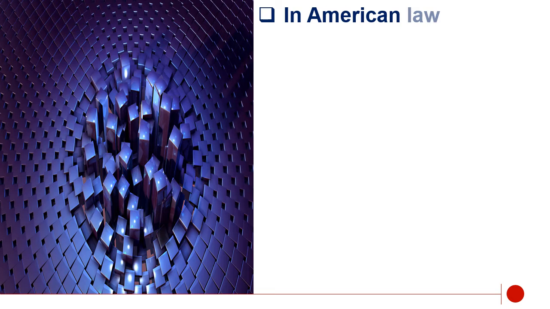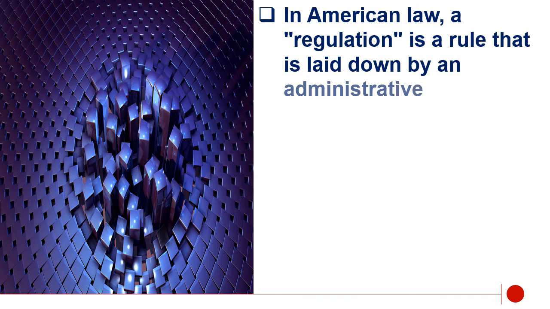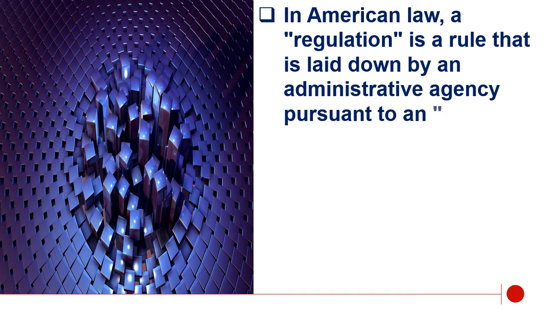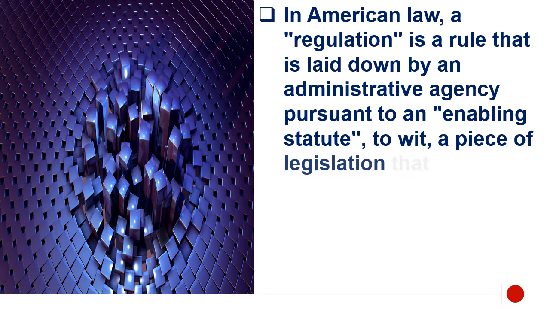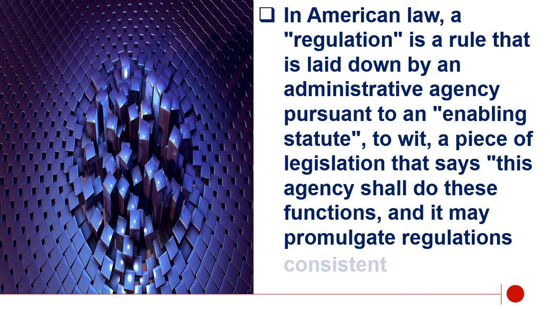In American law, a regulation is a rule that is laid down by an administrative agency pursuant to an enabling statute, to wit, a piece of legislation that says this agency shall do these functions, and it may promulgate regulations consistent with that end. A rule is a rule of court. Security professionals must be aware of the laws, rules, and regulations, at a minimum understand how those laws affect the